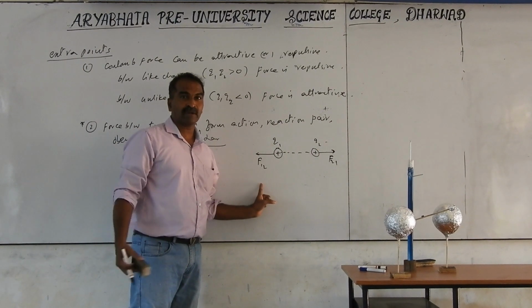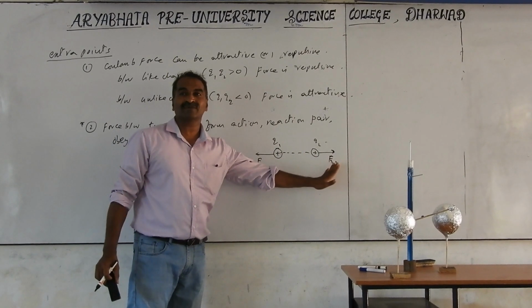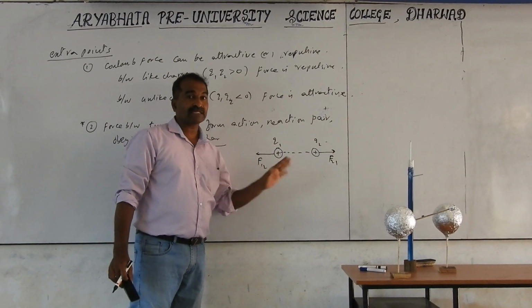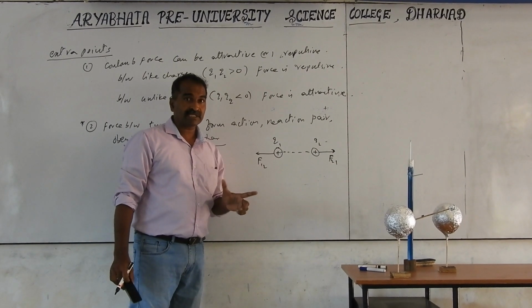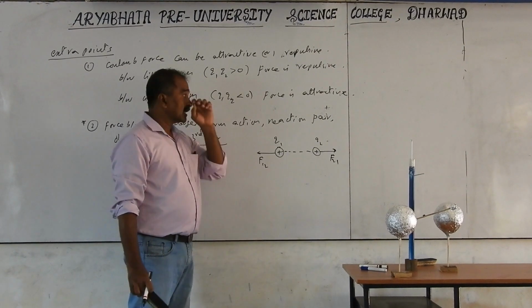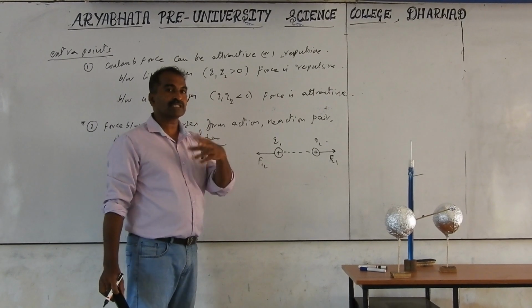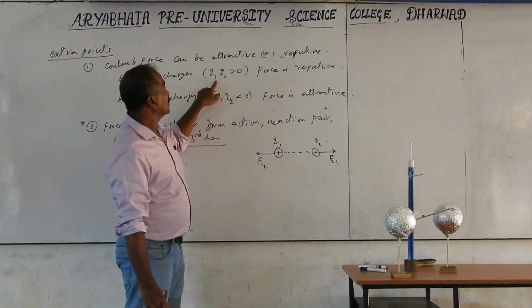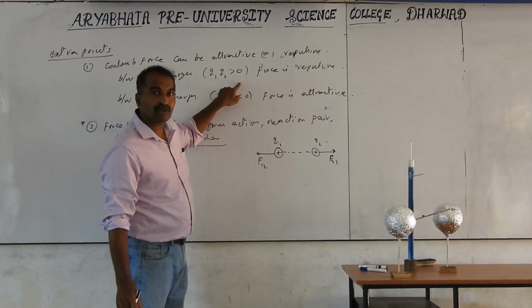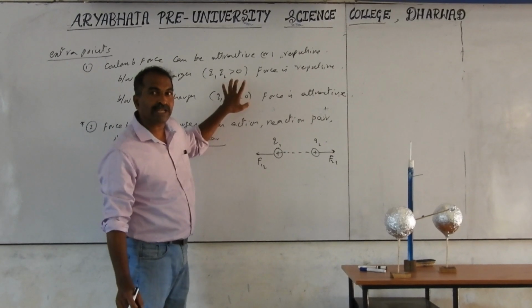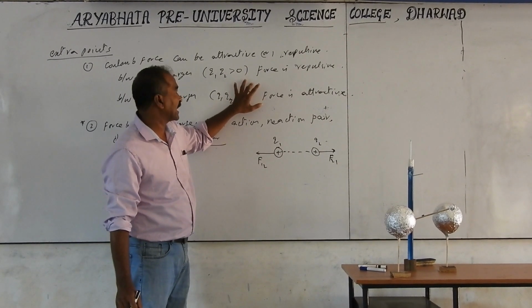Force is a vector, so we can represent that as one positive means the other one is a minus vector. Minus also indicates opposite direction vectors. We discuss here: Q1 Q2 greater than 0 means positive. When F is positive, it also indicates repulsion. That point we discussed, again by repetition.